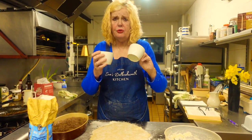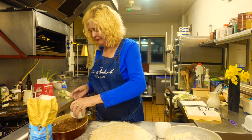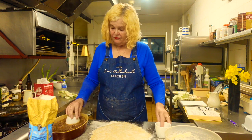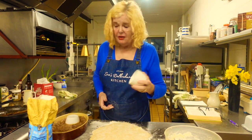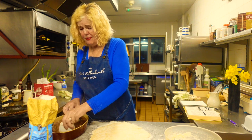That's yummy. What I'm going to do is use 2 of these pots. I'm just going to put them in the pie. I know this seems nuts, but it actually holds up the pie lid,